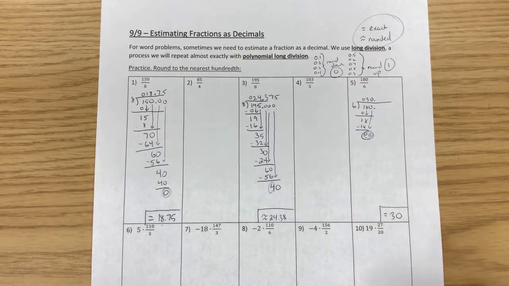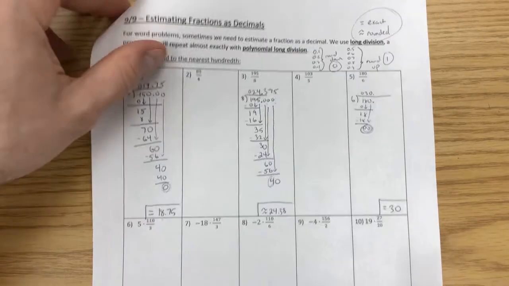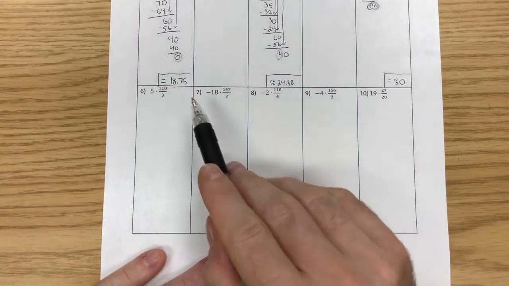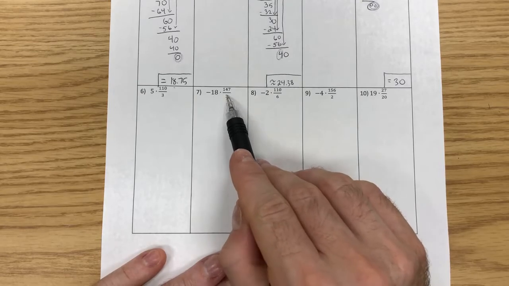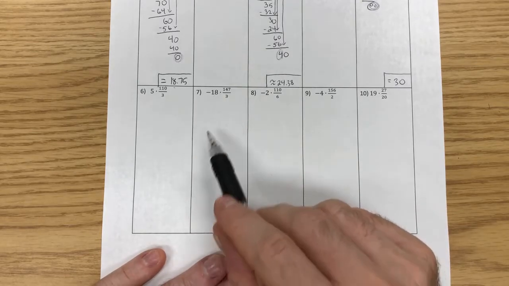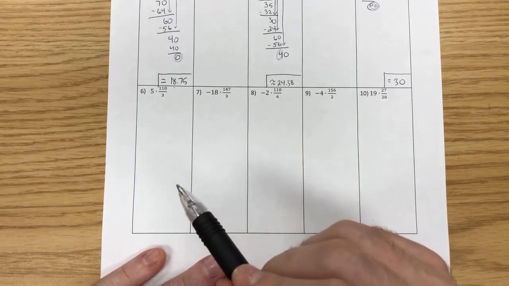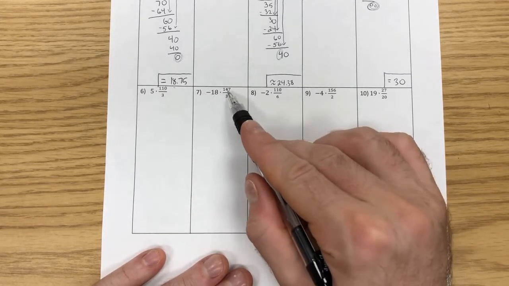Awesome. So let's move on to something with an additional step tossed in. If I'm taking negative 18 and I'm multiplying times this fraction. Now, some of you might notice this fraction cross reduces. We're going to ignore that for right now, and we're just going to move forward with saying, let's reduce